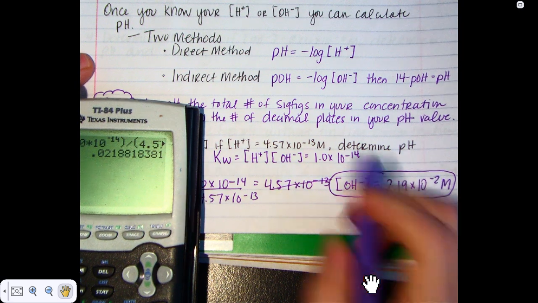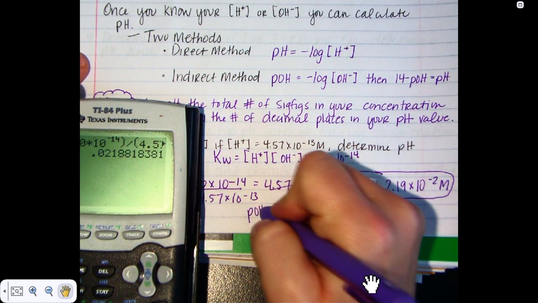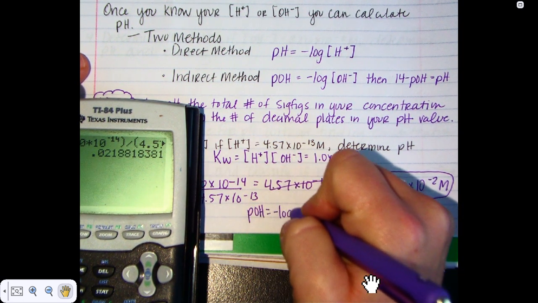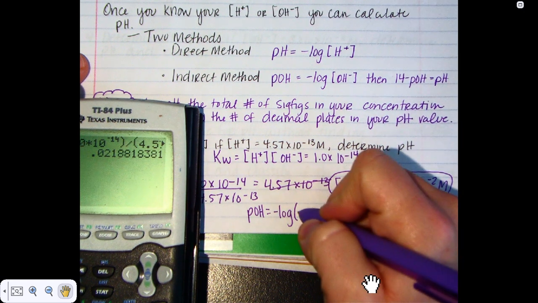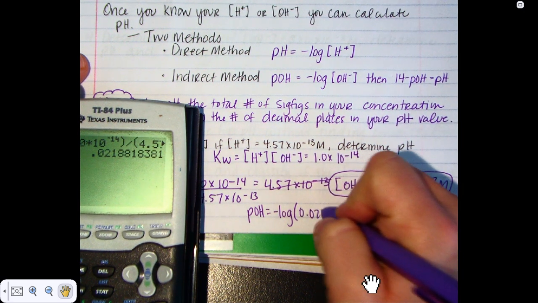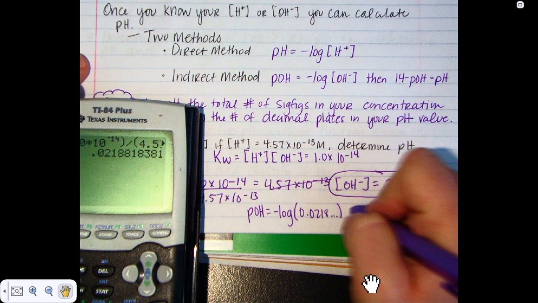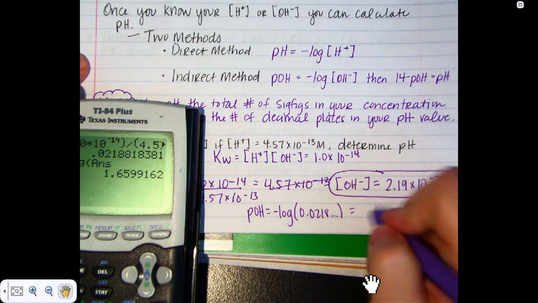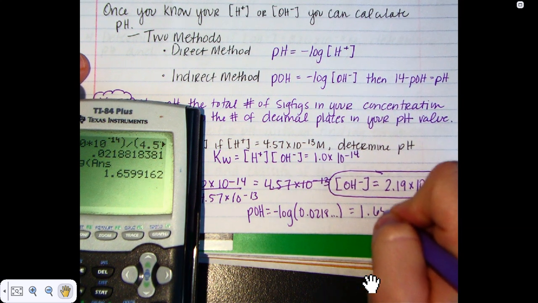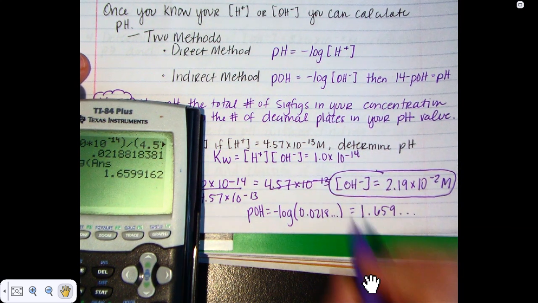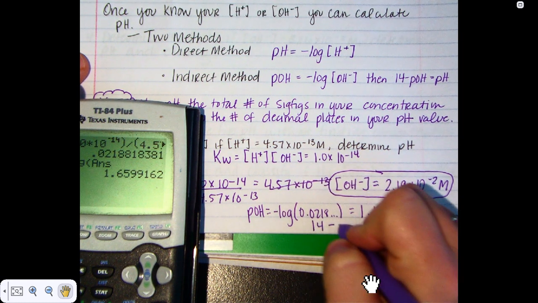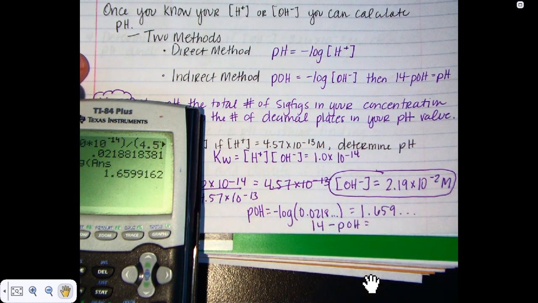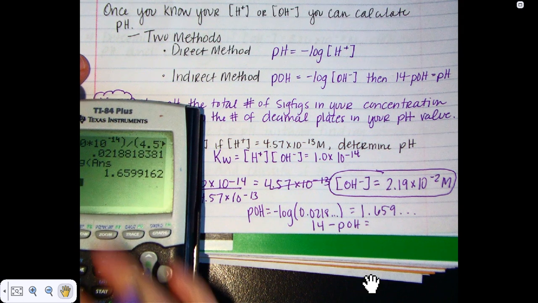So let's take the negative log of that. pOH is the negative log, and I'm going to take the whole number in my calculator, 0.0218 and so on, that whole value. So negative log, second answer, plug in that value. It gives me a pOH of 1.659 and change. Then 14 minus the pOH is going to give me the pH. 14 minus second answer,